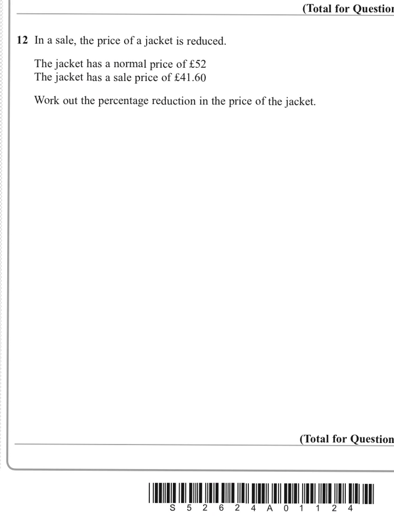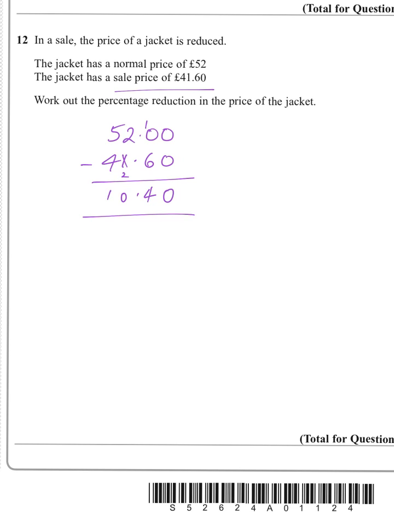Question 12. In a sale, the price of a jacket is reduced and it started at £52 here. And it was sold at £41.60. So without a calculator, we'll do this subtraction here, however you want to do it. And so it's £10.40 is the difference here, but this is the important part. Work out the percentage reduction in the price of the jacket. So we're comparing the difference between the normal and the sale price to the original price. That's really important. So if we times top and bottom by 10, we'll get